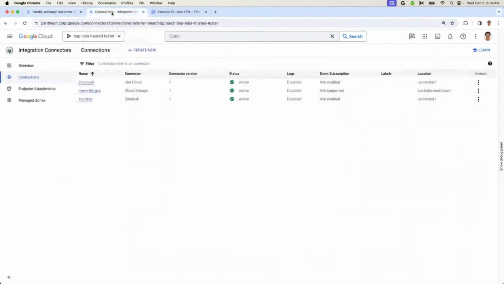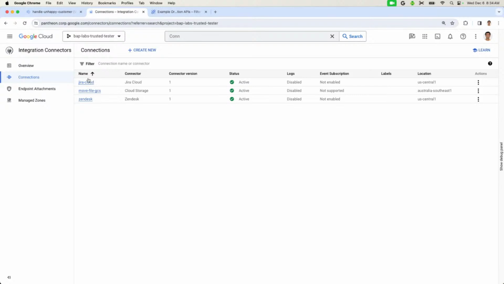Within my enterprise, within Cloud9, I'm using Jira and Zendesk because I acquired something. I have Jira as my enterprise app. I also have Zendesk as an enterprise app. And I have also used GCS, Google Cloud Storage, as another storage system to manage files and all of that. I use Jira to do workforce assignment. What it means is whenever a customer is unhappy, I need to be assigned to, say, Michael, to make sure that he looks up the customer and makes sure they are happy, in addition to the process which we are trying to automate.